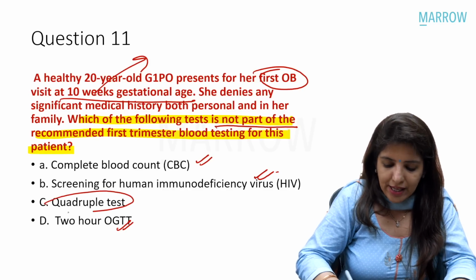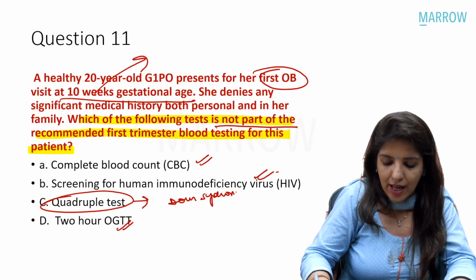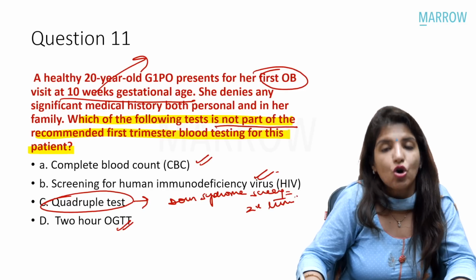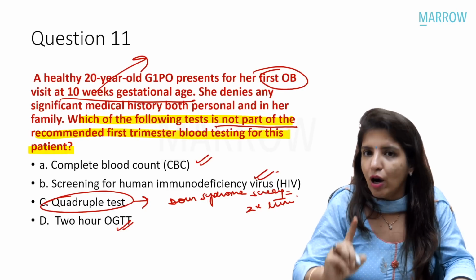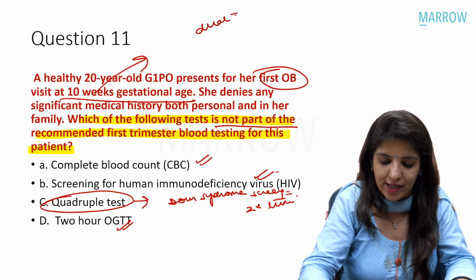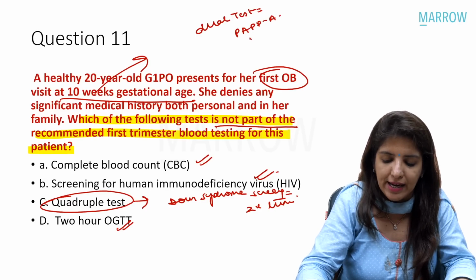Right? Quadruple test is a test for Down syndrome screening, and this is done in the second trimester. This is not done in the first trimester. For first trimester Down syndrome screening, the patient is coming to you at 10 weeks, you will do a dual test, and in the dual test you are going to look at PAPP-A and HCG